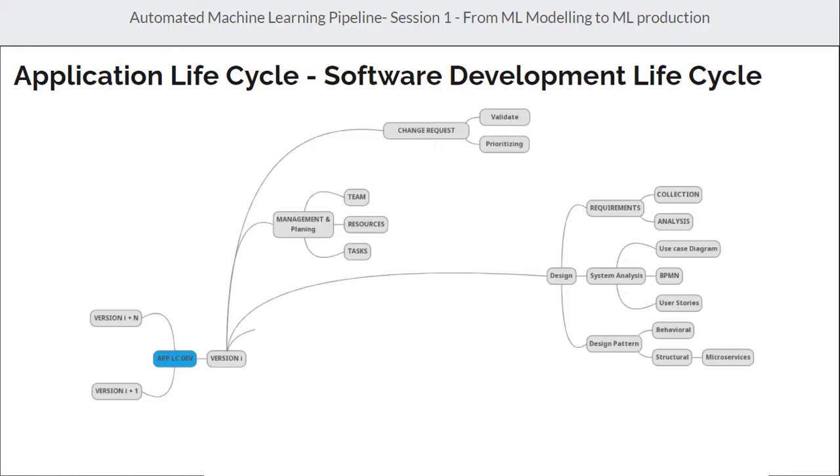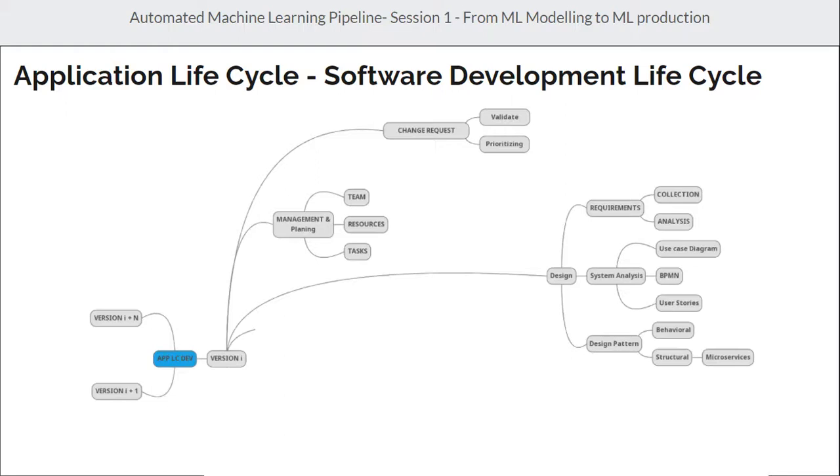Or maybe we are able to use user stories, which are a very short but effective way to do the system analysis, or, for example, BPMN. And here one question appeared in the session: business process modeling notation. So this is what BPMN stands for. We are not focusing on BPMN in this course, but it's good to tell you that BPMN is a kind of workflow or flow chart. It's able to be automated and generate code automatically, and there are some tools already doing that.